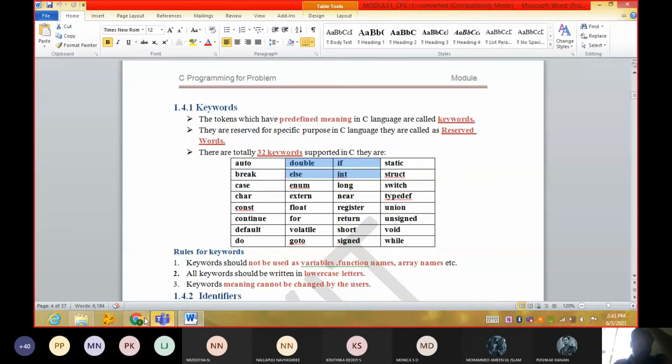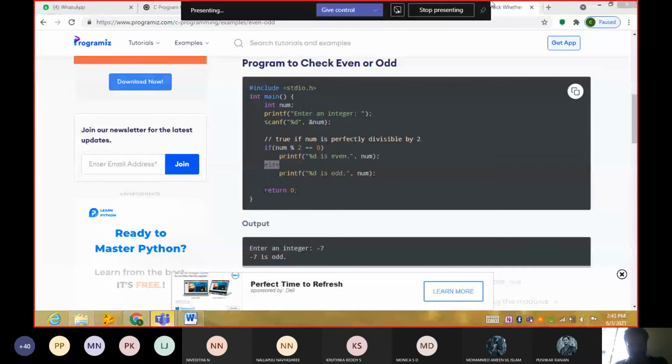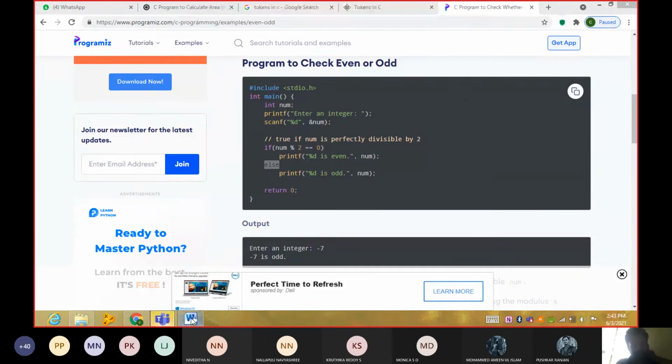In this program, I think I have successfully demonstrated the use of those two keywords, if and else. Take 2 minutes. Now in this program, I have shown you the use of if and else. Let us see other keywords.